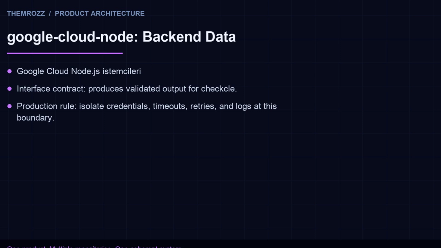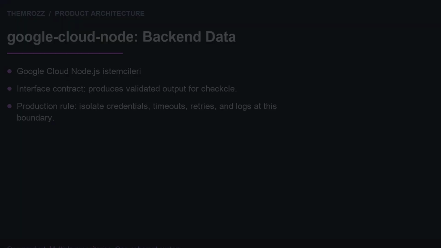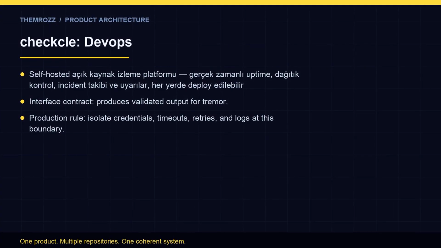Deploy Checkmate next. Configure monitors for the API health check endpoint, the Pub/Sub subscription depth metric, and the cloud storage bucket accessibility check. Set up the alert routing and the status page with the correct service names visible to customers. Verify that a simulated outage, stopping the API server, triggers an alert within the configured check interval and updates